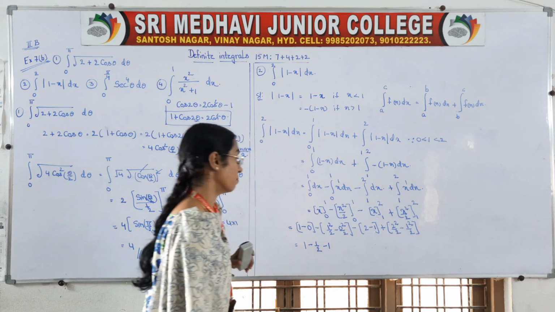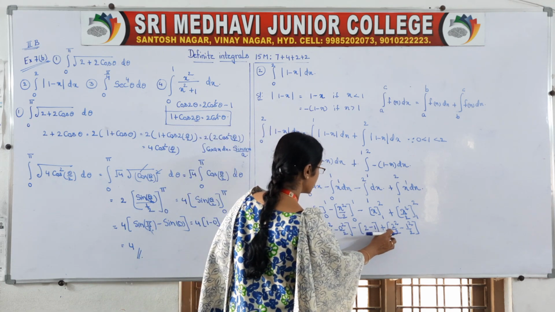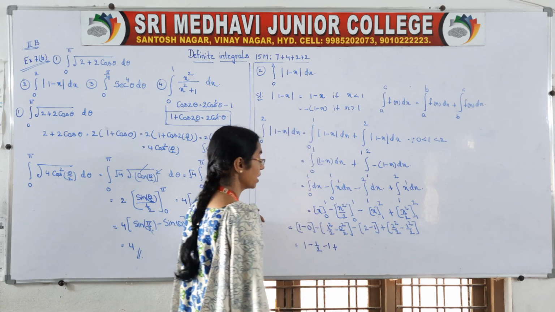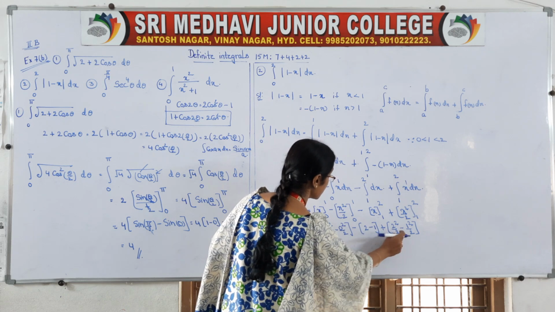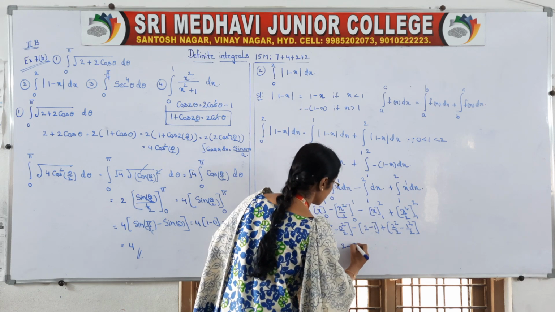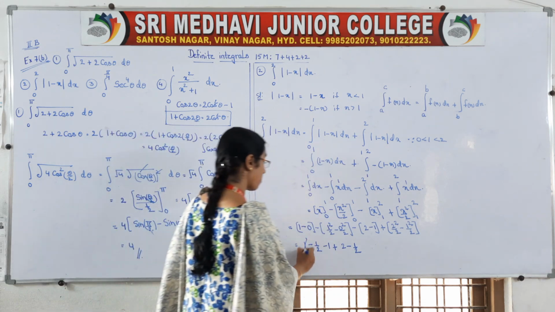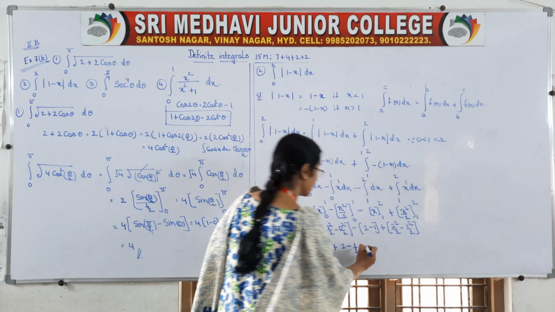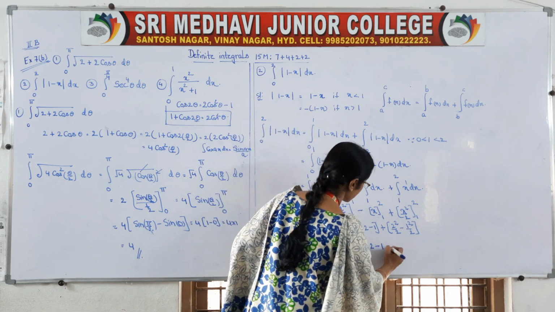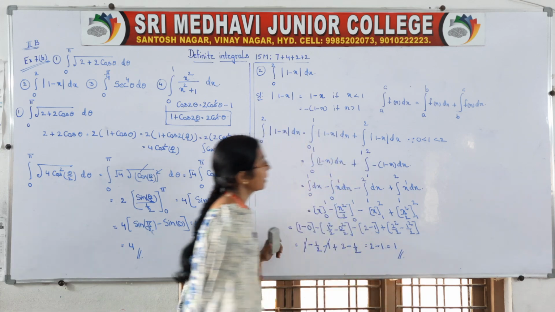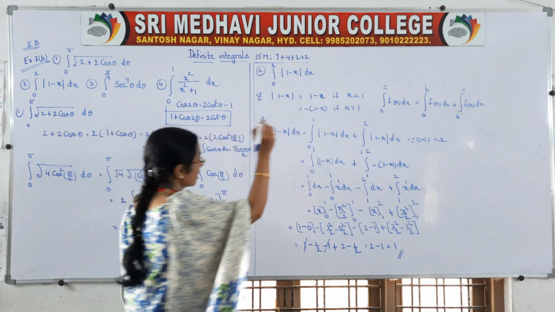So you take minus outside, minus 1 and plus, what is this? Here 2. Okay, so 1 2 will be there, right? 2, and this value is minus 1 by 2. Okay, so plus 1 minus 1 cancel, is equal to 2 minus half means minus 1 is equal to 1, is the answer of this problem. Little bit careful while taking these values.